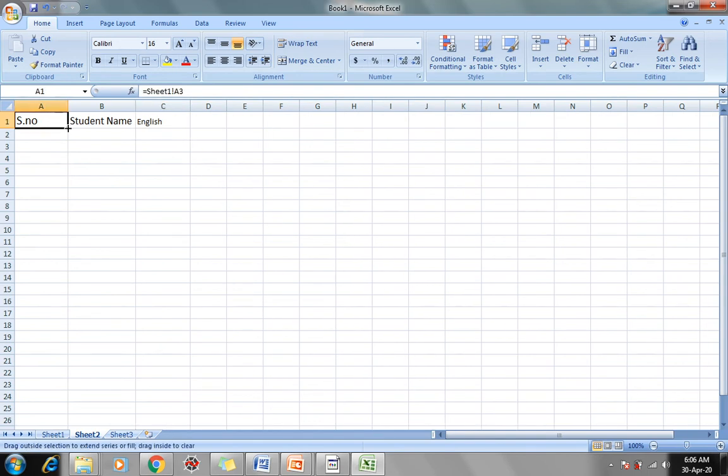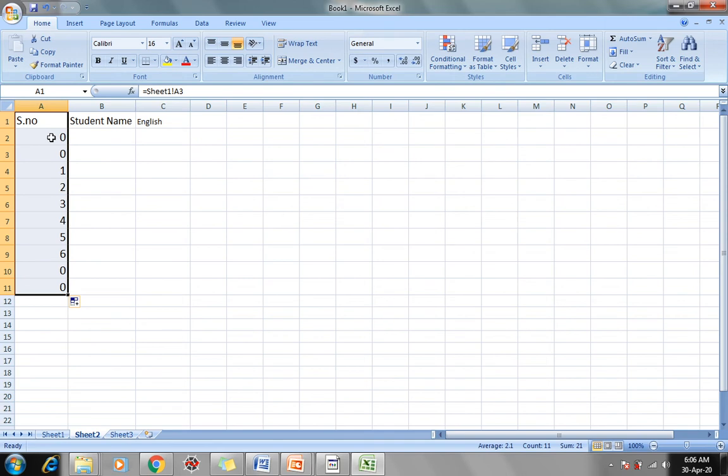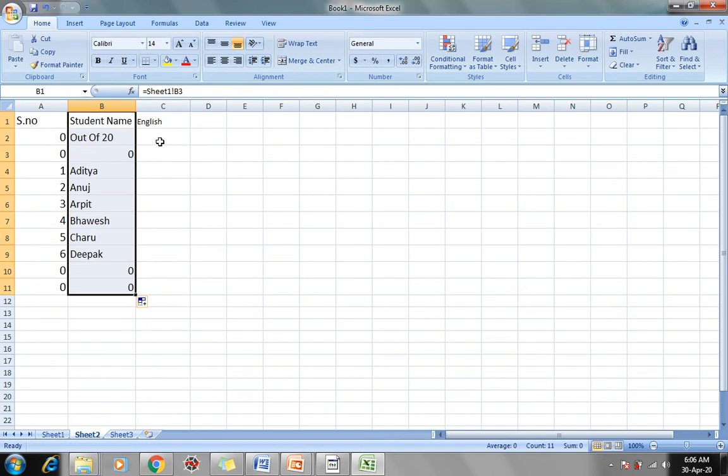Now we simply drag this from this position. These are serial numbers, student names, and their marks.